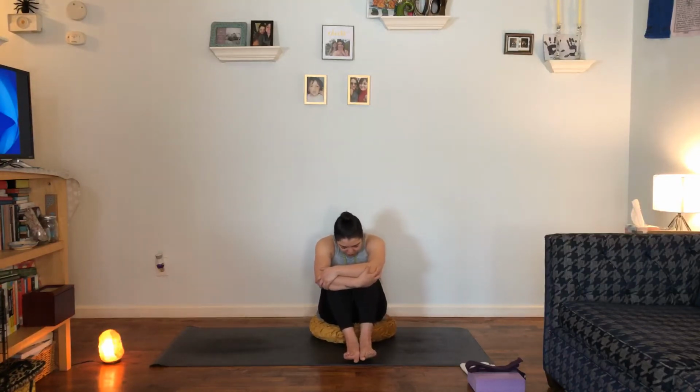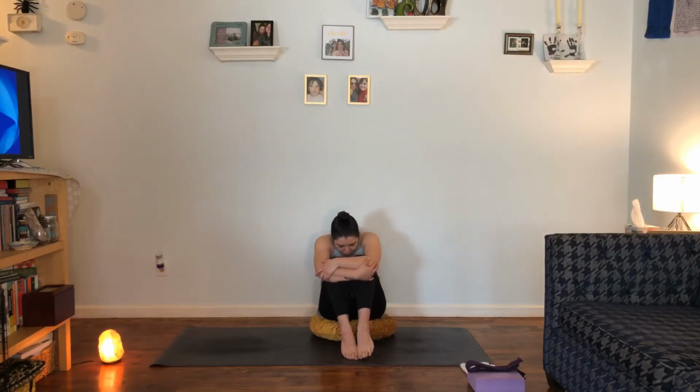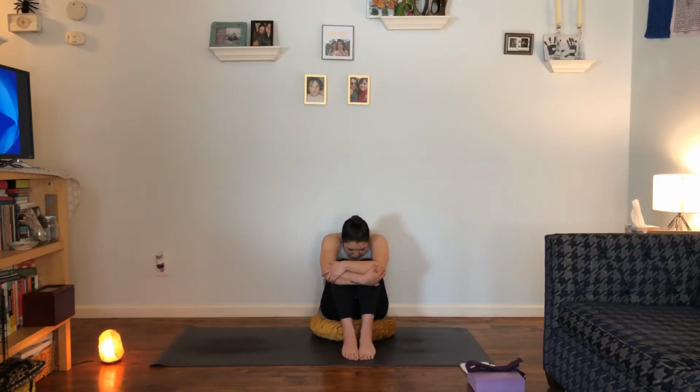Once you have sealed your intention, add a full inhale. Fill your lungs completely. And as you exhale, hug in your chest towards the knees a little bit tighter. Maybe rock onto your toes. Once you're ready, ground down through the full sole of the foot and go ahead and allow the knees to